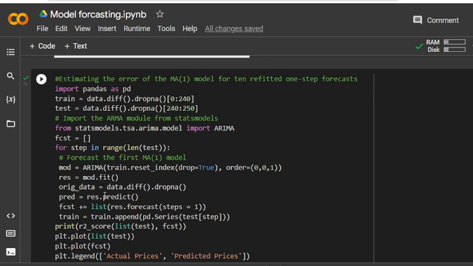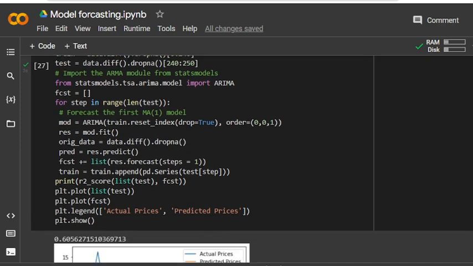The predictions come from residuals predict, forecasting with plus equal to the list of residuals, and forecast steps equal to 1. With one step there is no need for more, so it takes the train and appends a pd.Series of the test steps, and we print the r square list of test and forecast. Then we can plot the test and plot the forecast, and we can see the actual and the predictions.